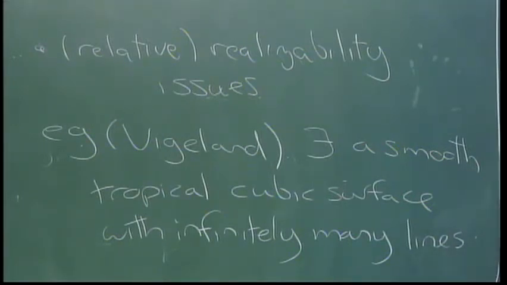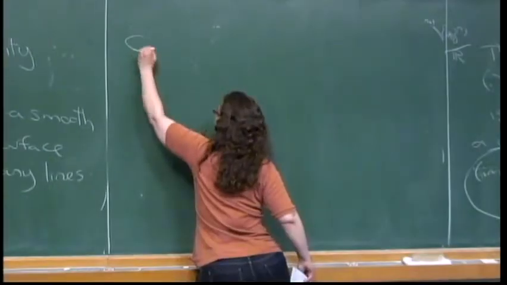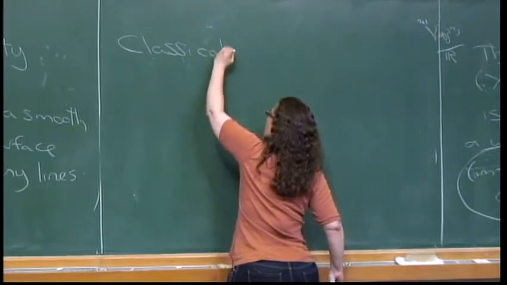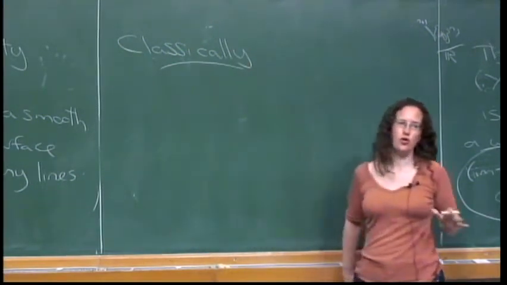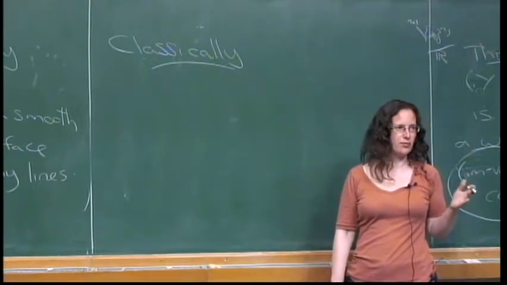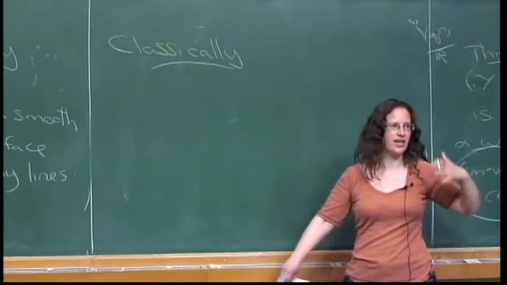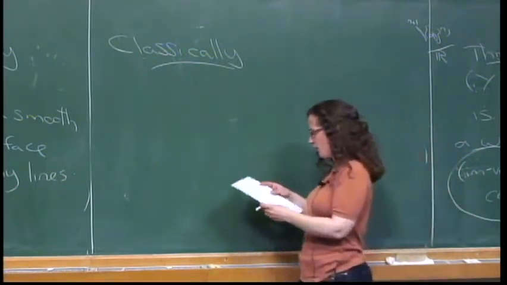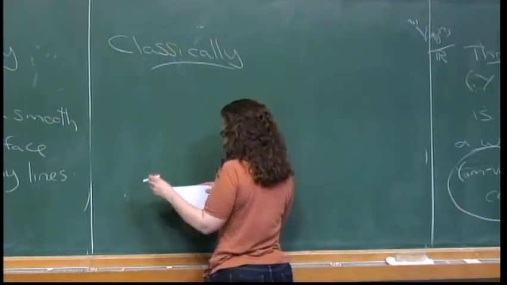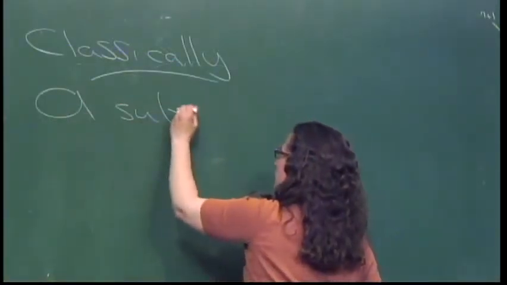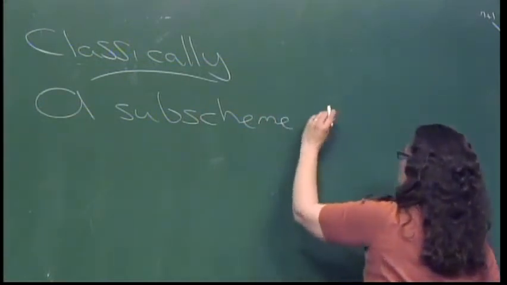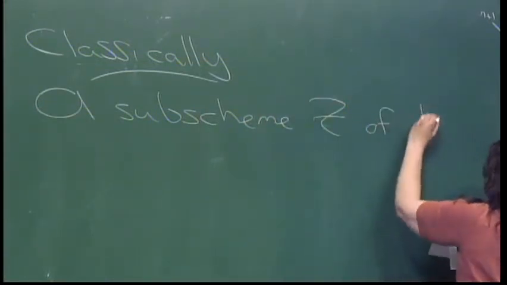Well, one answer for anything is to try and add more technology. So the question here is, what can we do about tropical schemes? So let's remind ourselves that classically, I'm going to just restrict myself for the talk to subschemes of projective space. As Jeff's already told you, this works more generally for subschemes of toric varieties, or more generally F1 and objects over F1. So let's start here with a subscheme Z of Pn